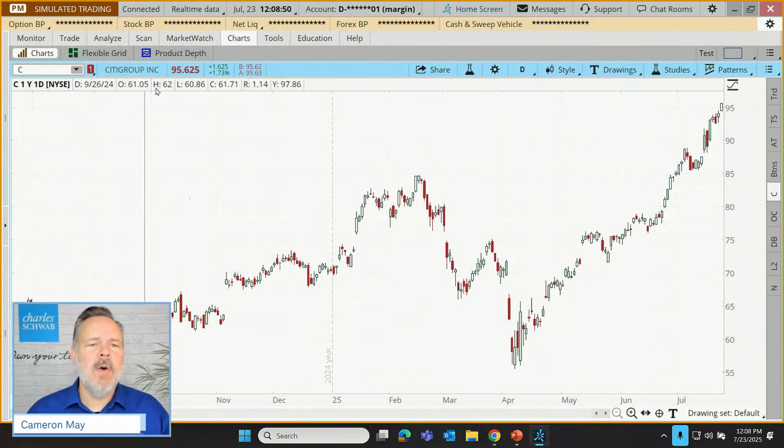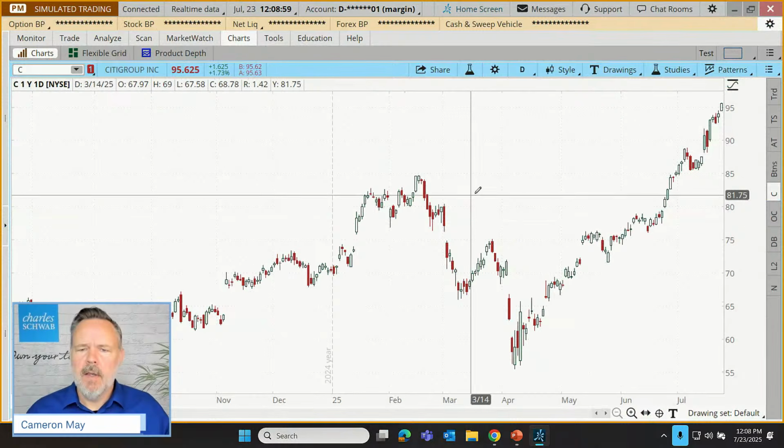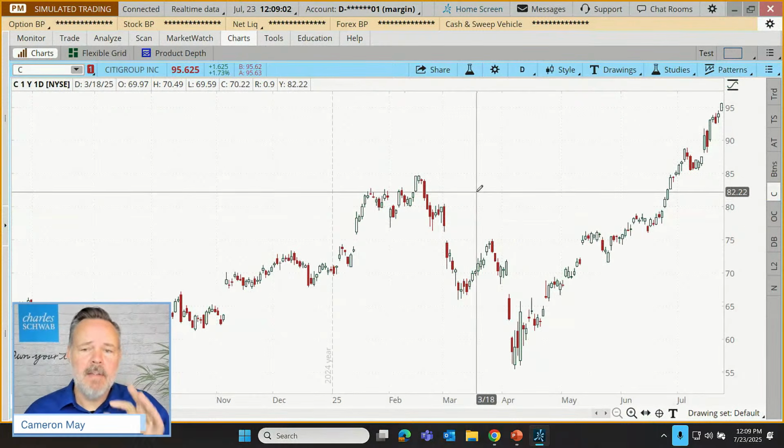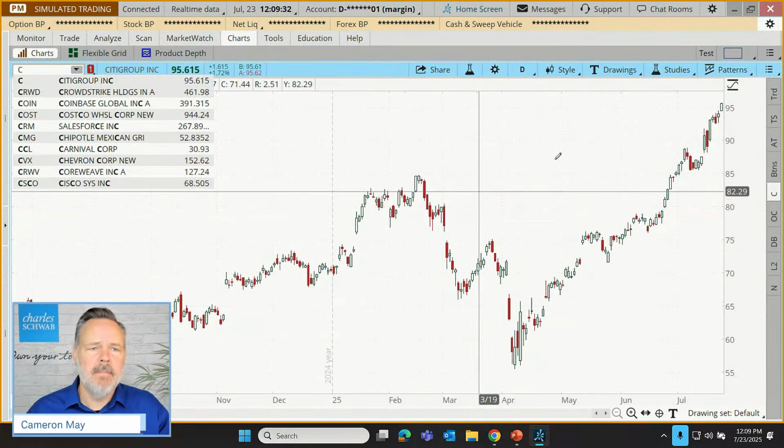Anyway, so what do the OHLC stand for, and what are these associated with? Well, as I mentioned, as we're moving around the chart, what's actually happening here up in that upper left is it's telling us the details of whatever candle we've settled on. So for example, if I just take my hand off the mouse, and then I look up in the upper left-hand corner, I can see, looks like I've settled on the March 19th candle, March 19th, 2025, the opening price of which was $70.36. The high is $72.18. The low is $69.67. The close is $71.44. So OHLC for open, high, low, close.